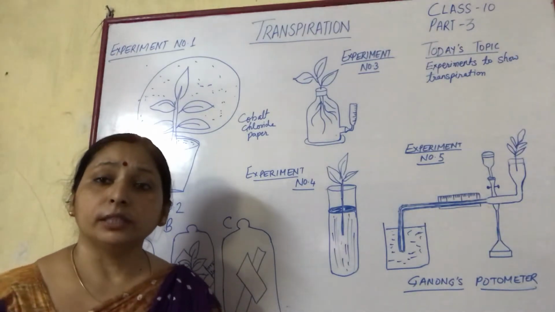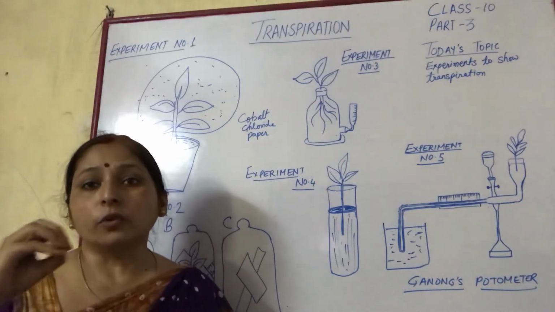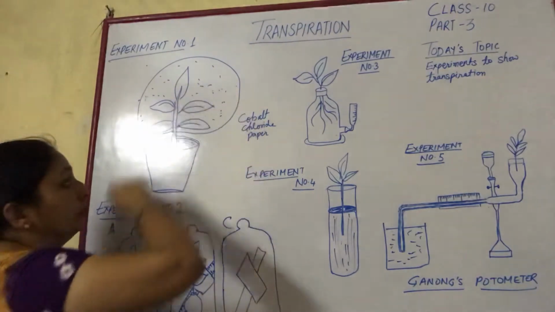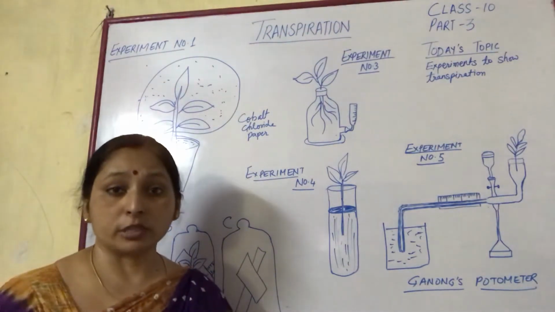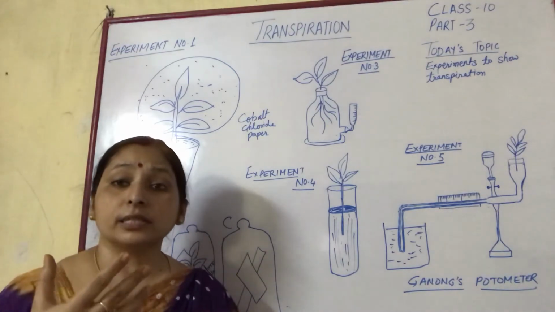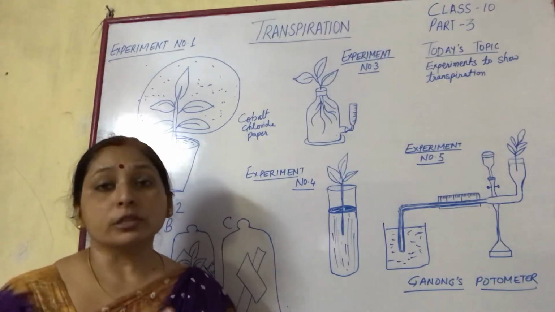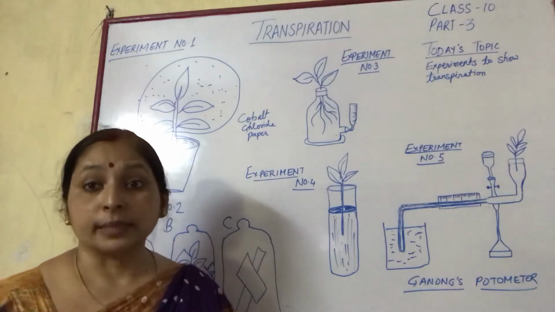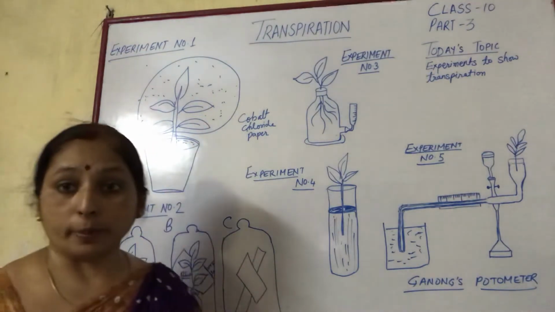After an hour or 2 hours, it is observed that there are water droplets on the polythene bag. Water droplets on the polythene bag prove that water is lost by the process of transpiration. The water vapor lost during transpiration deposits on the polythene bag, condenses and forms water droplets. Now how can we say that the droplets are water droplets?